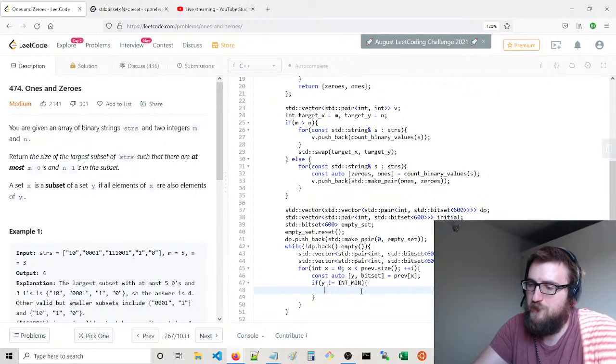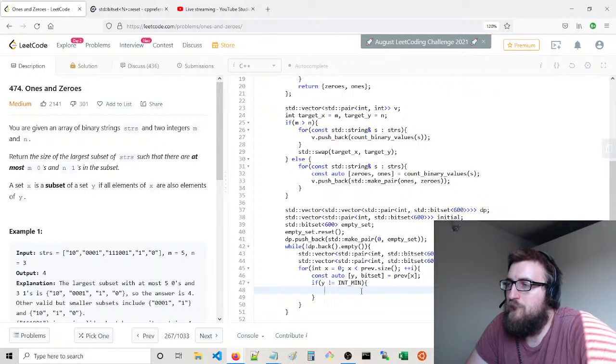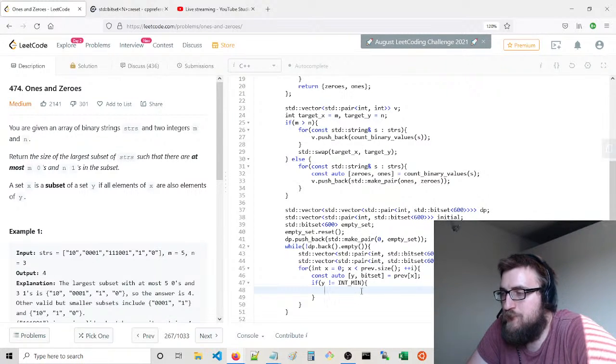So y is not equal to int min. Looping over, so we have x, we have y, we have the bit set. Y is not equal to int min. Then we're going to process this x and y from our previous vector, and we're going to say